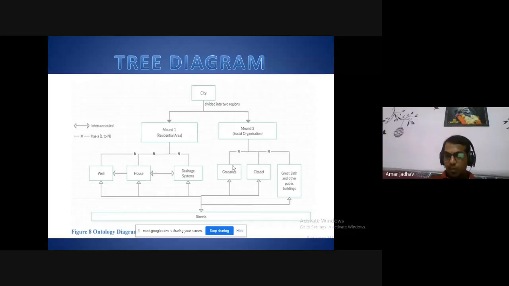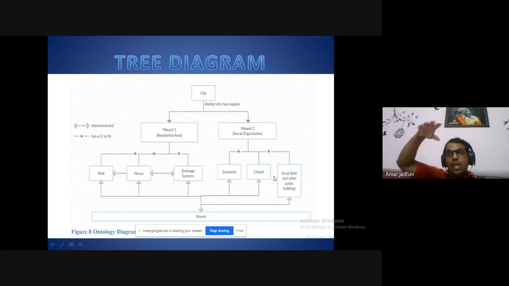Okay. So that was about granary, about social organization, and about citadel. Guys, citadel was a place where they used to have important meetings. They can keep an eye on what is happening down. Also, they used to have